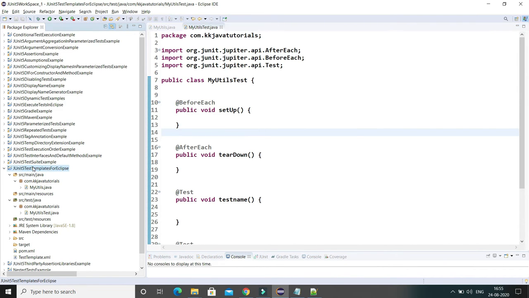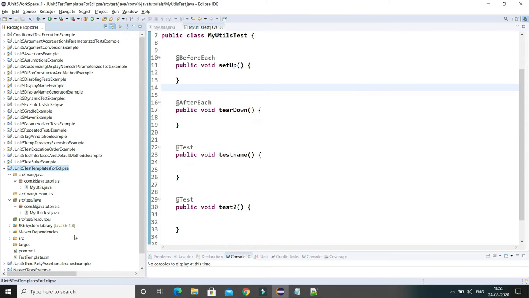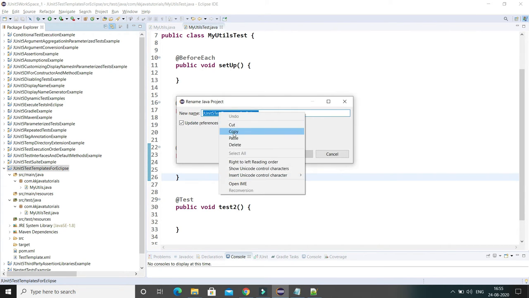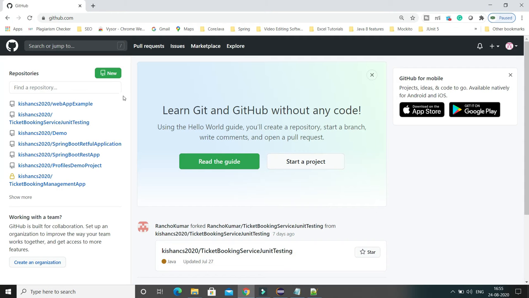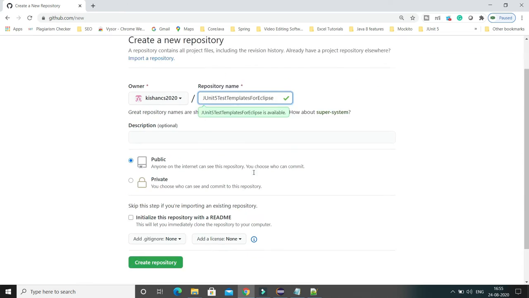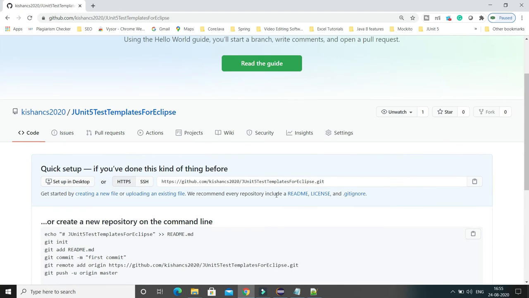But before leaving, let me check this project into GitHub so that you can download it. In this project itself I have dumped this template, so you can download it, modify it, and add some more stuff, right? First of all I'm going to create a repository on my GitHub. I'm going to click on New, and let's create a repository with the same name, and I'm keeping it a public repository so that you guys can download it. And I would say create repository, right?